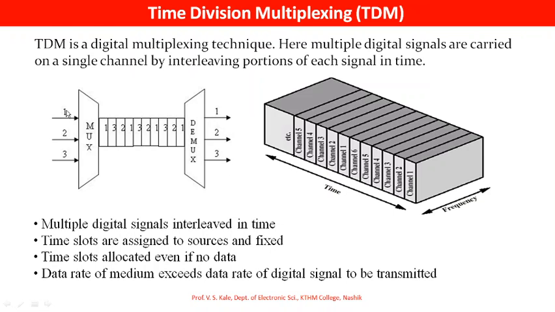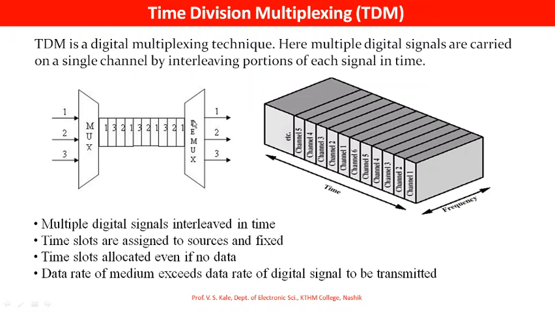Let us see here. First channel data is coming here in this time slot. This 3 is indicating data is received from the third channel only in this time interval. Then second, and again we are receiving the data of first, then third, and then second. The sequence is 1, 3, 2, 1, 3, 2, 1, 3, 2.